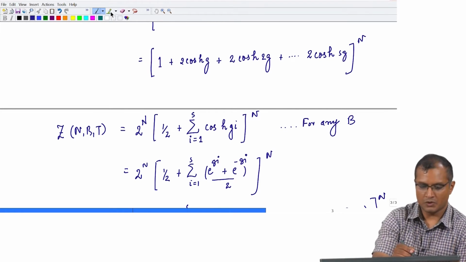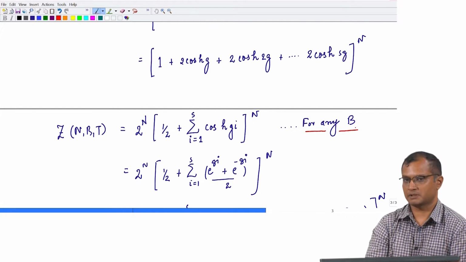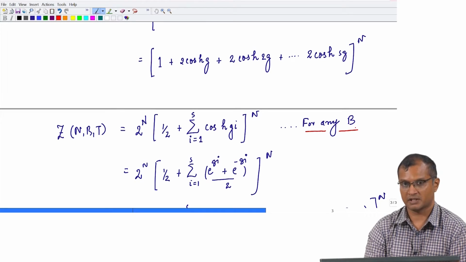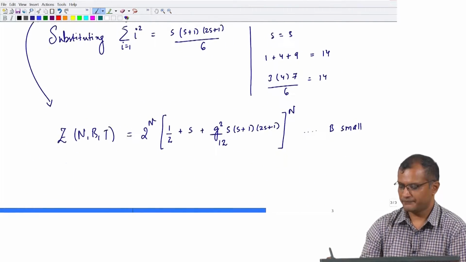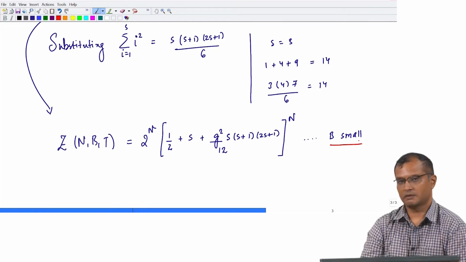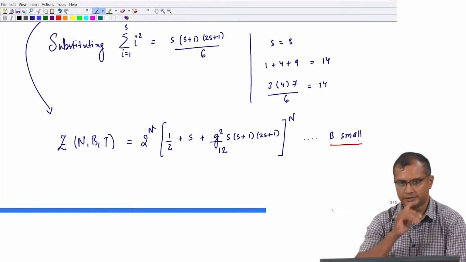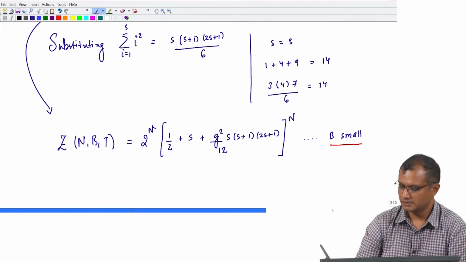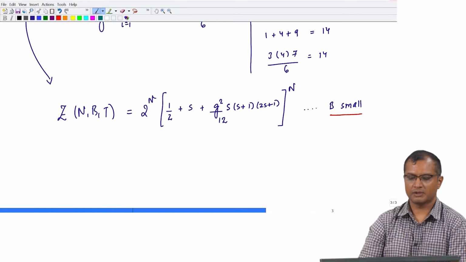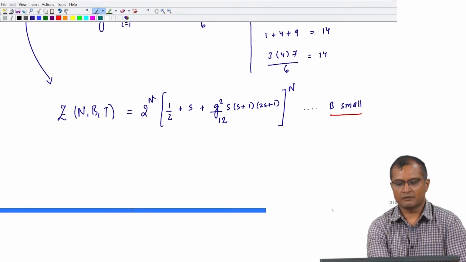So, if you have to write down the partition function for any field, then this is your expression. You can't use that approximation that I have used, but you say okay, my magnetic field is small. Then this is the approximation. So, now you can use this approximation and compute the value of